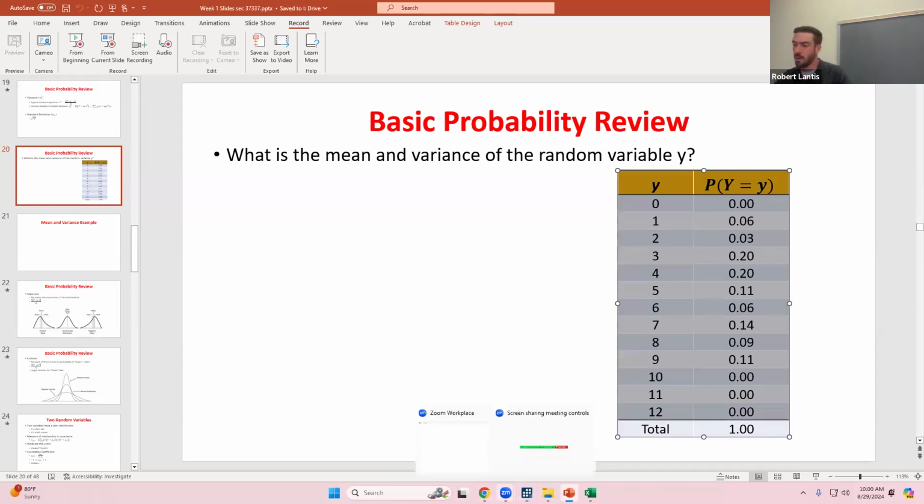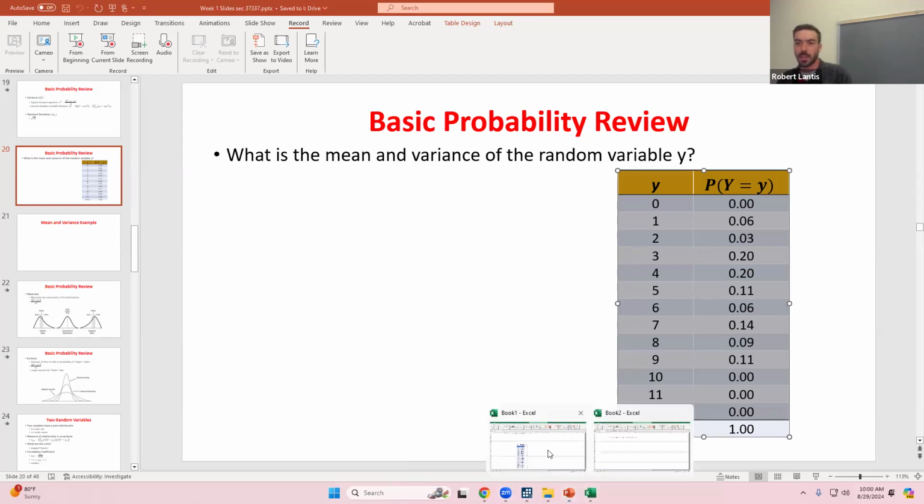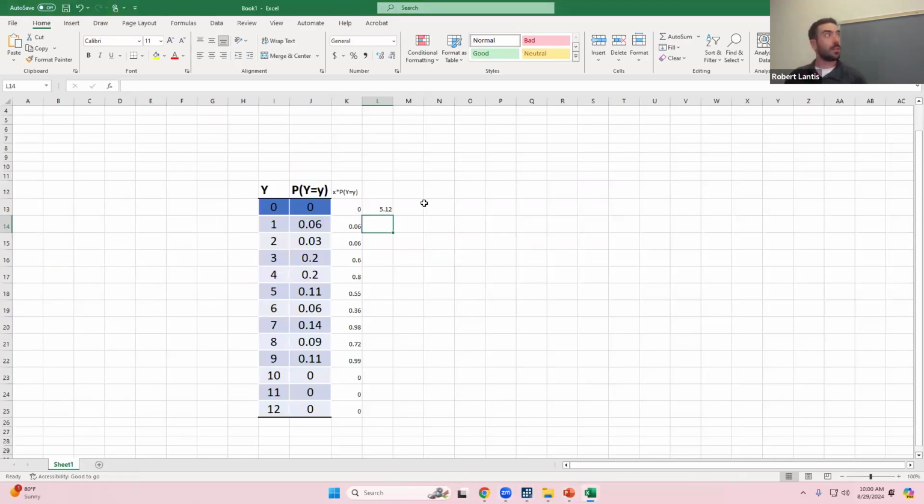So what I want to do now, I'll go back to here and show you, since I already had it set up in Excel, I might as well. You can do this pretty easily in Excel too. How could I find my variance? Well, really what I wanted to do was add up, let's type it out, so I'm going to go find the Greek letters, the deviation from the mean squared times the probability y was taking on that specific value.